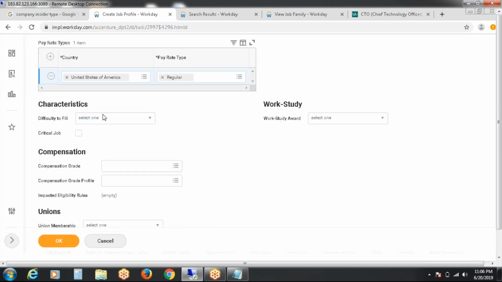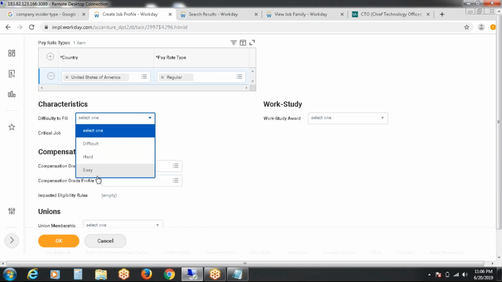Coming to the status of filling the position: either difficult, hard or easy. If it is difficult or hard and we don't reach the timelines for filling the position, there is no confirmation that you will hire the candidate on the mentioned date.